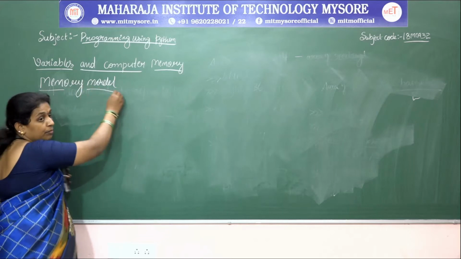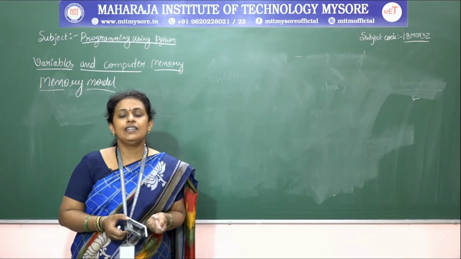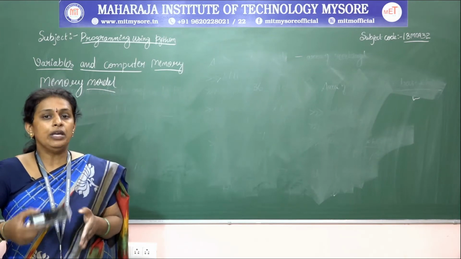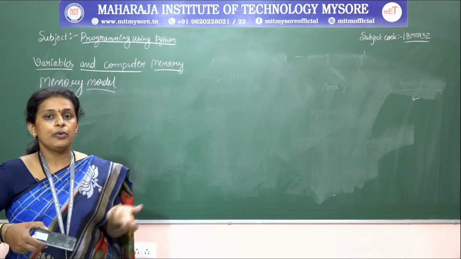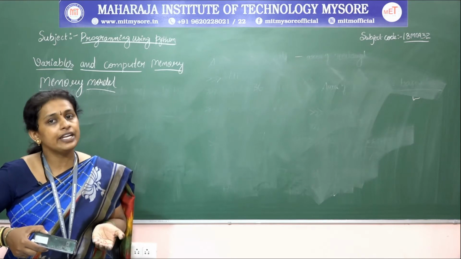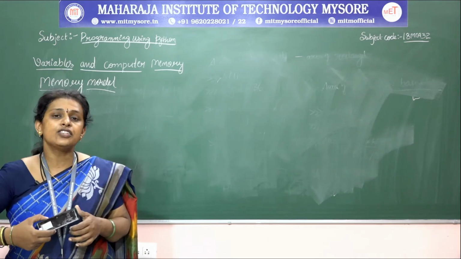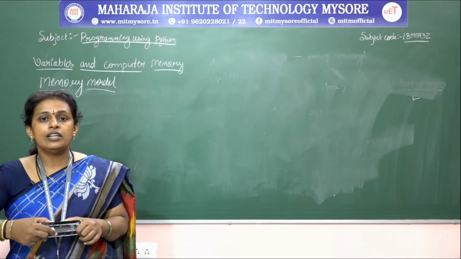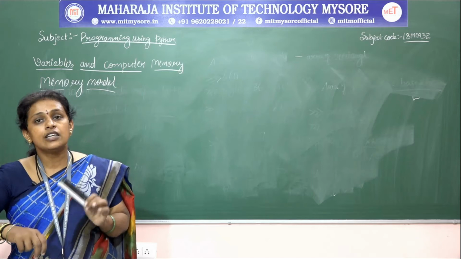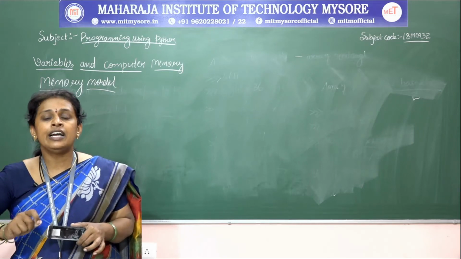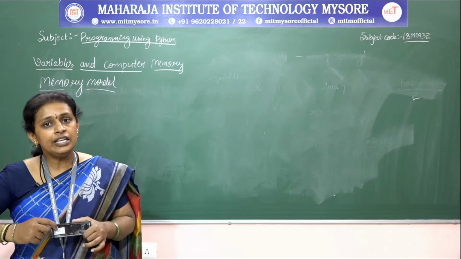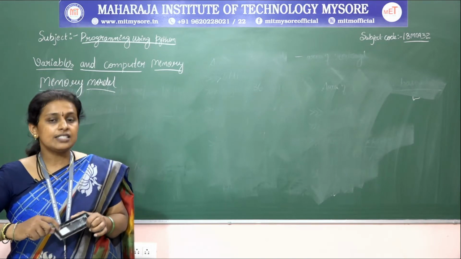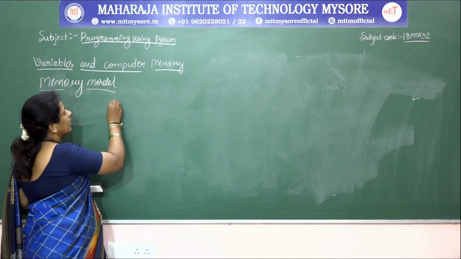Memory model of Python. So computer consists of memory. So when you need to execute anything, that should be in your computer memory, so that the CPU will process very fast, and each memory will be identified as a memory location, right. So we call it a memory location, and these locations are uniquely identified by using a memory address. So with respect to Python, we represent a memory address as an ID.